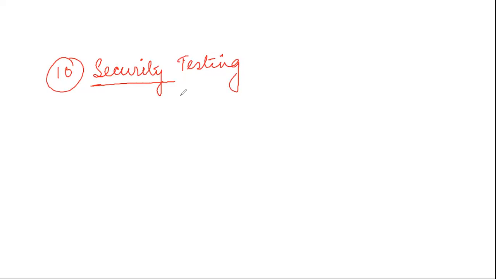Okay. So this was all about the performance testing part, the 10 types of testing that are done in order to check the performance of any software. Now, with this, your module 1 is finished, according to the syllabus which you have. Now, we will move on to the next module, that is, the software reliability module. So before starting it, do you have any questions from this module which we have just finished today? From the first class to this class, whatever I have discussed in this module, if you have any question, you can ask.